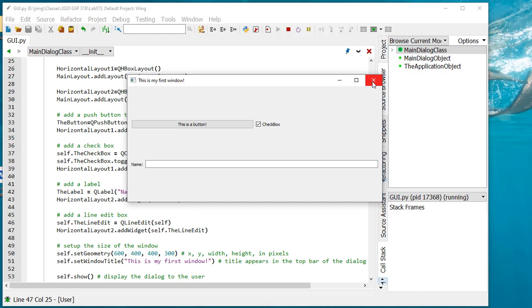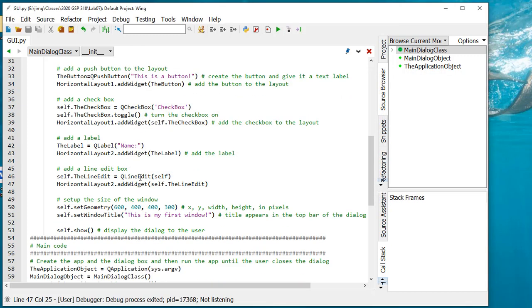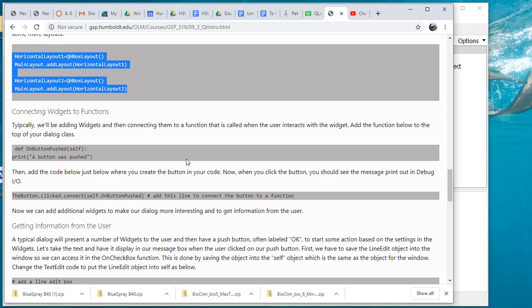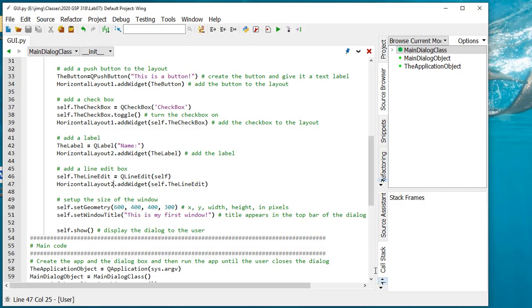In other words, you can combine vertical and horizontal layouts to your heart's content to make a dialog look pretty good. Now when you go to produce a production piece of software, you may use this layout approach. However, most folks are going to go in and absolutely position each of the items. In other words, you're going to specify the X, Y, width, and height of every single item in there. And I'll mention that a little bit later. This is much easier right now to get you started and get a dialog up and running. And we're not too worried about you making a gorgeous dialog right now. Keep your dialog simple for this assignment, and you'll be able to do them with just these horizontal and vertical layouts. Okay, so I'm at time, so I need to